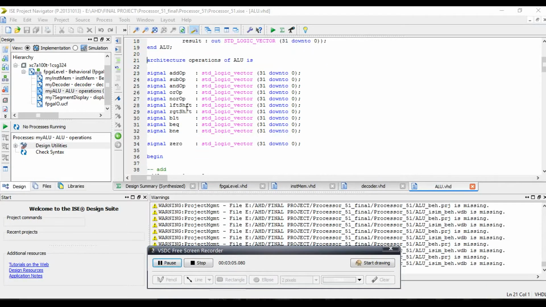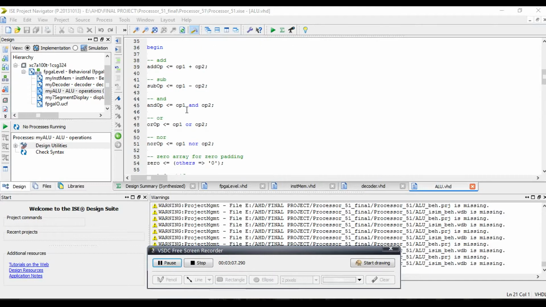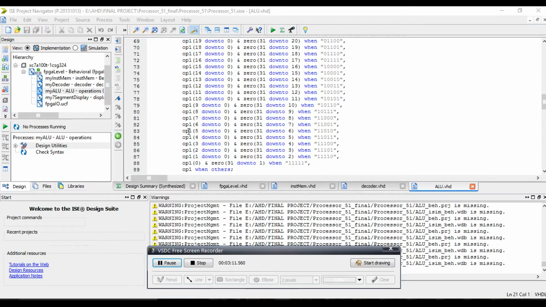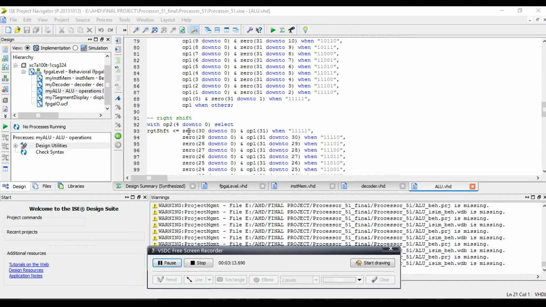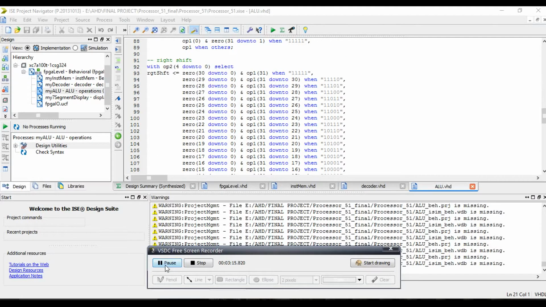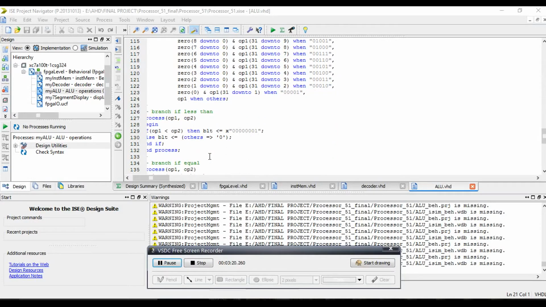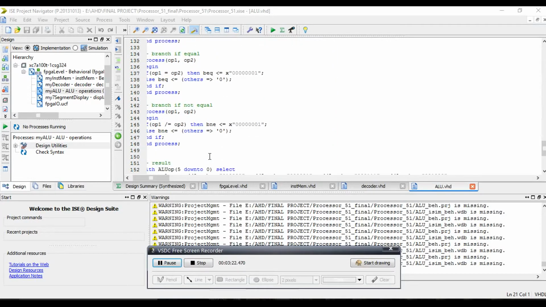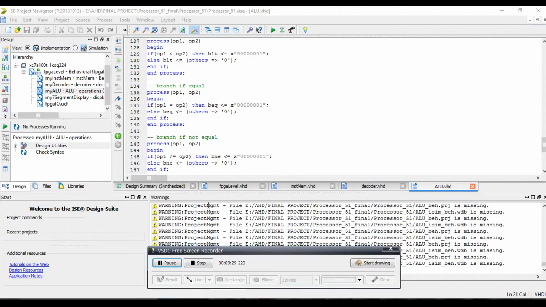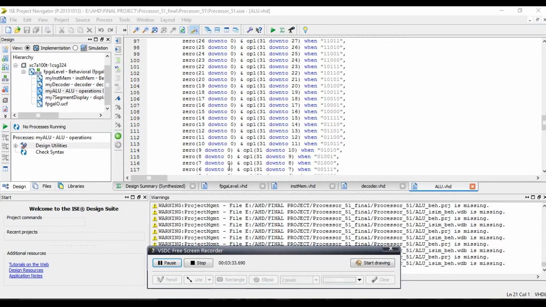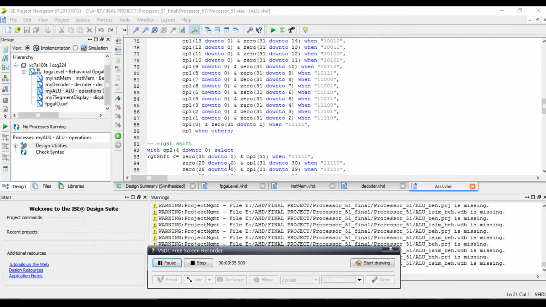So these are the various operations that are performed by the ALU and then the result is again stored back to the register. So during that time the write register is used and we are having the input of a 32-bit data and storing it in a register. This is how we have implemented the various instructions in the ALU.